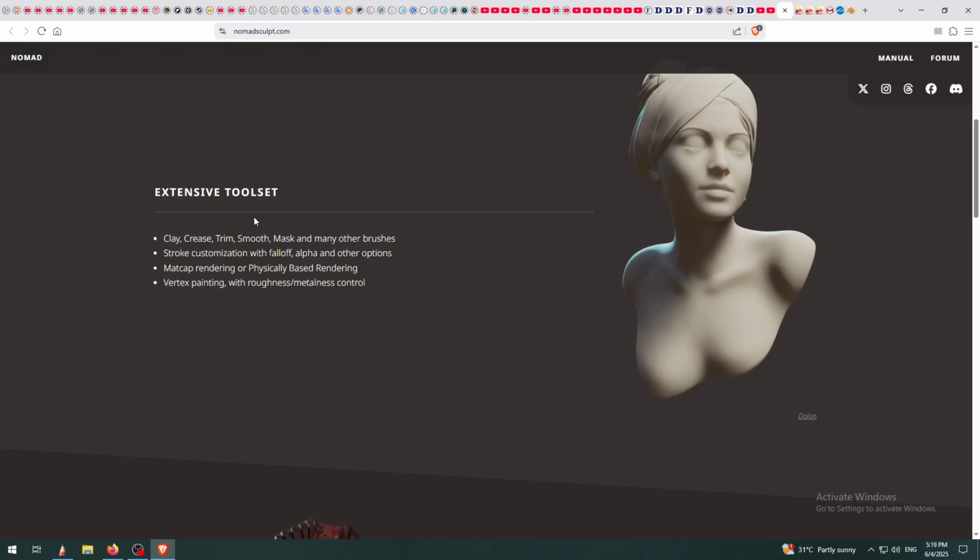And as you can see, it has a tool set similar to applications which are better known than Nomad Sculpt. Also you can render or texture in it on some level, and